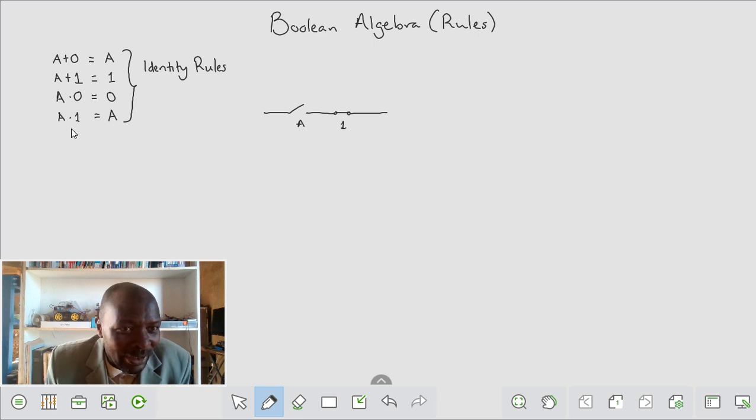Right, now let's look at a scenario where we have A with A. Let's start with what? With the OR, A or A. Now, A or A, probably I should have started with AND, because I already have an AND setup there. Remember, AND is a series setup. Now, if we have A or A,